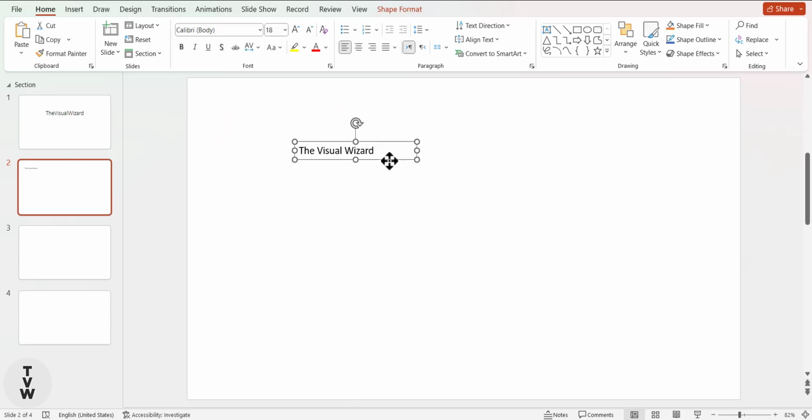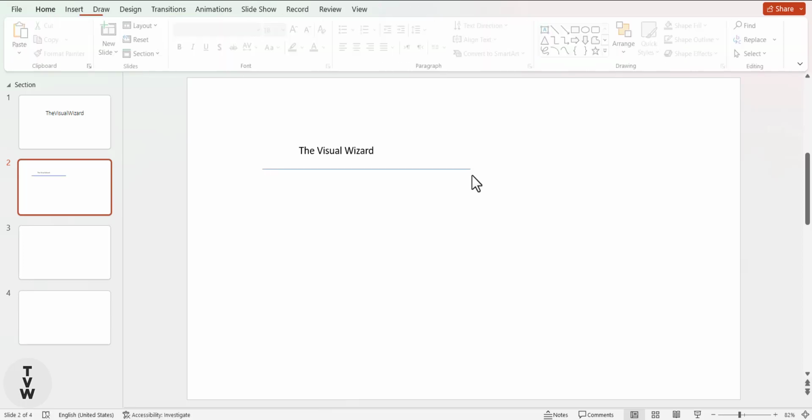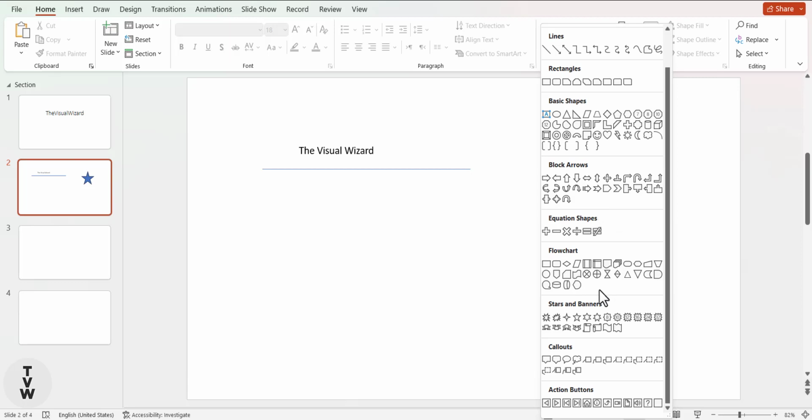Okay, you can shape and format the text box, and you can draw lines. If you hold shift, it will be direct, and other things like star, like I don't know,